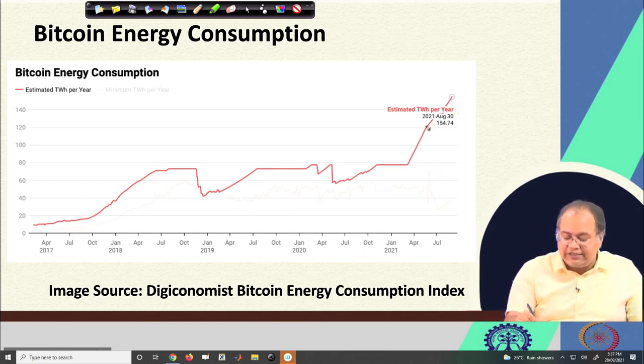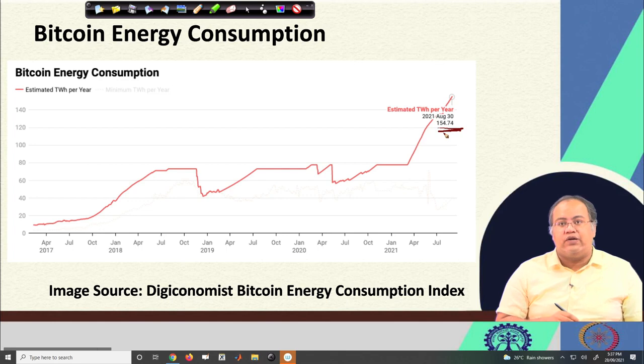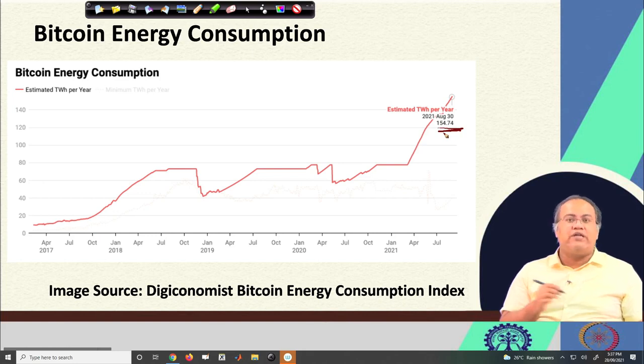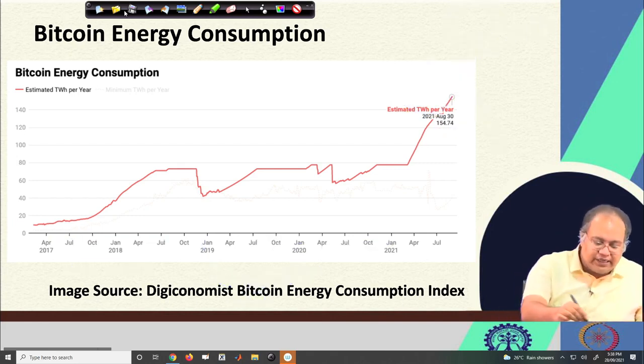Well, and the estimated terawatt hour per year was around 157.74 terawatt hour in August 30, 2021, a very recent stat. So that is a huge amount of energy that is being devoted to mine a new block in a blockchain. So if you try to compare it with other energy consumption sources, what you can see is that